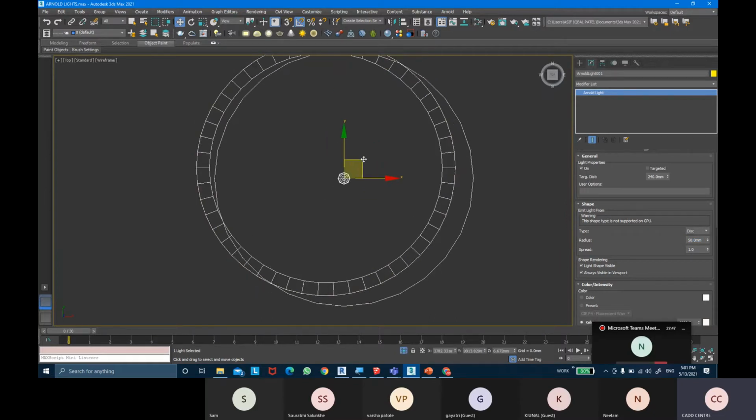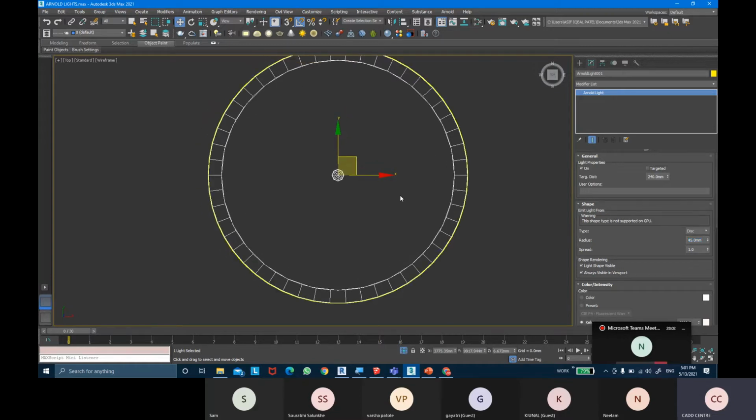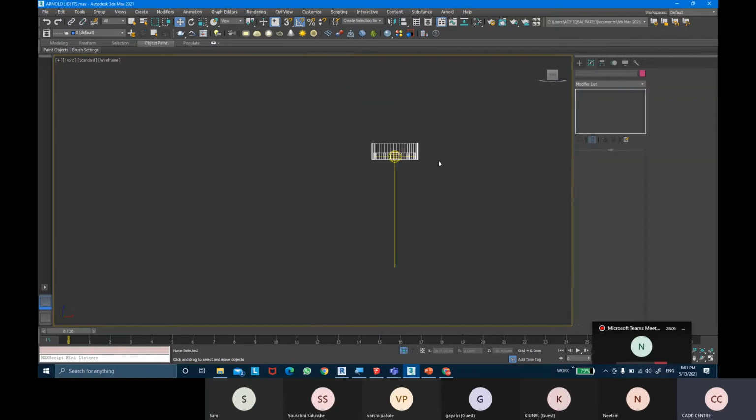So the radius of that fixture comes in at 50 mm, then we need to reduce the 10 mm of that bezel as well. So we're going to make that 40 mm, or 5 mm it was, so 45 mm. So here we go. It's perfectly placed. We have that light fixture applied on that